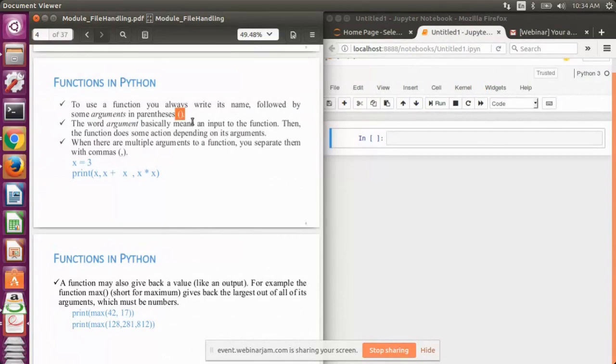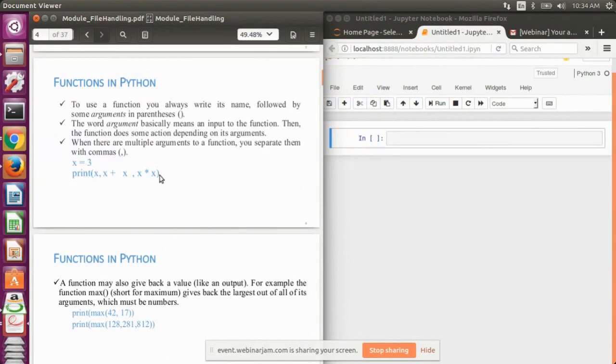For example, here I have defined x as 3, and then I'm calling the print statement. Generally, we do not go into the details of how the print statement works in Python, but print is a function in itself.